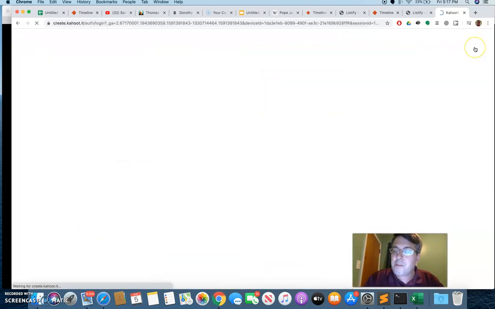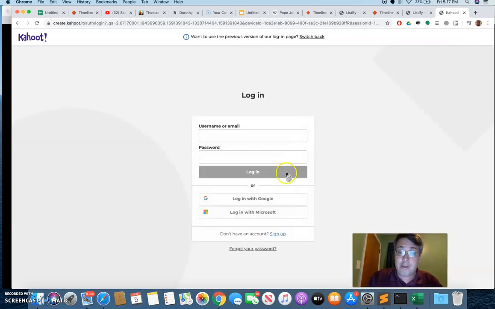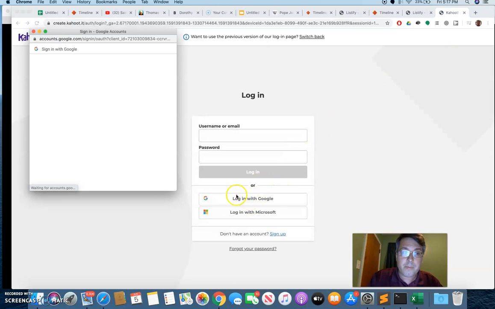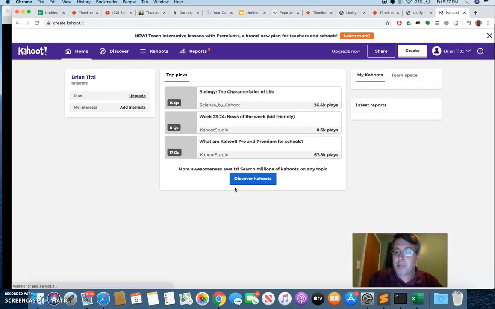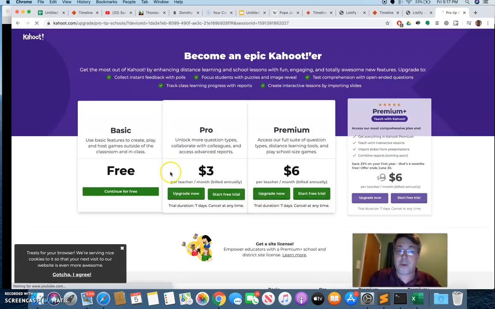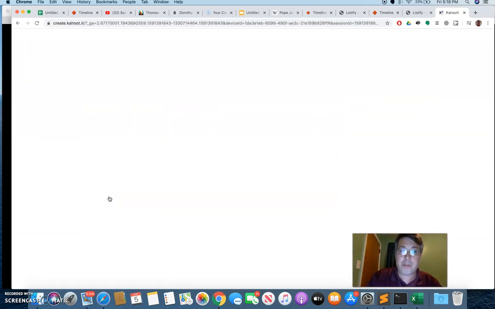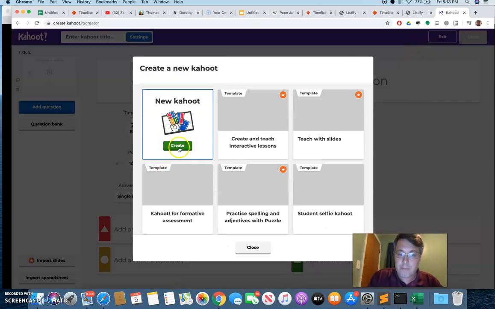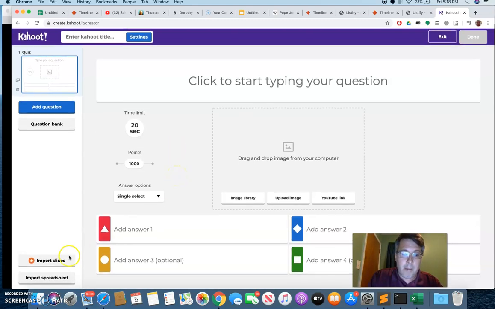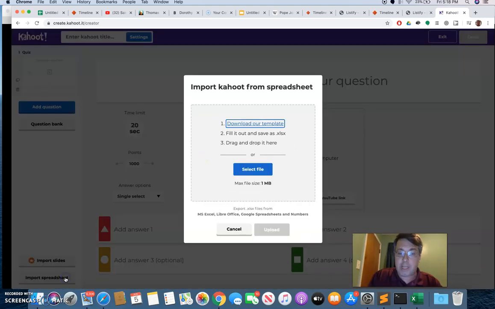And so one of the things that I suggest that you do when you're creating things like a Kahoot quiz, I'm just logging in here, is that you learn how to use the templates that Kahoot gives you in order to create your quizzes. So if I'm creating a new quiz, I can import my questions from a spreadsheet. And so if I click Import Spreadsheet down in the bottom left corner and I download the template